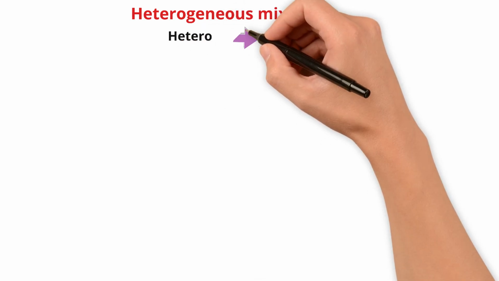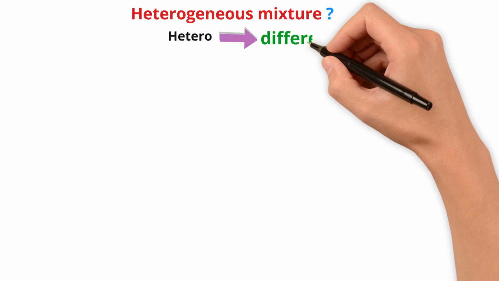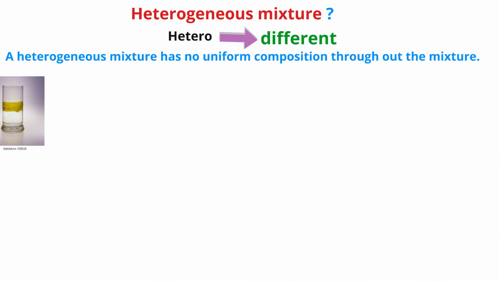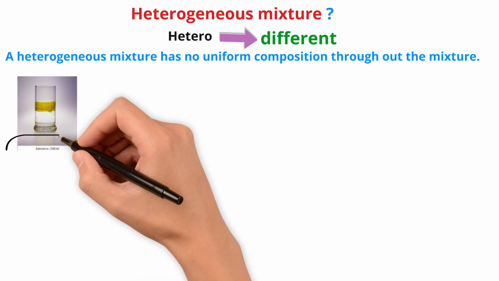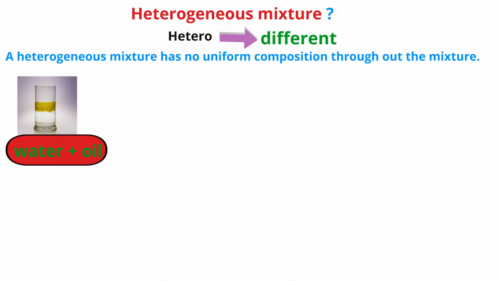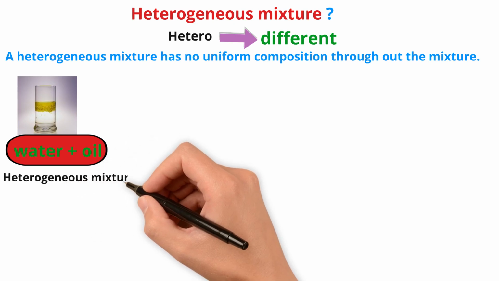Heterogeneous mixture. Hetero means different. A heterogeneous mixture has no uniform composition throughout the mixture. Let me give you different examples. The combination of water and oil is an example of